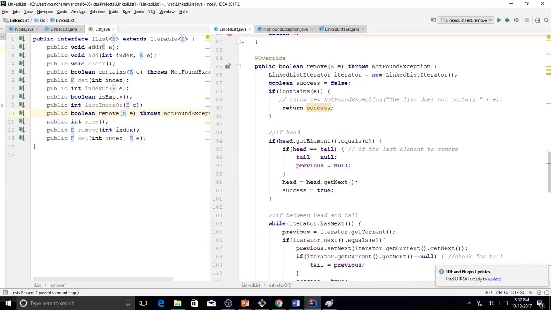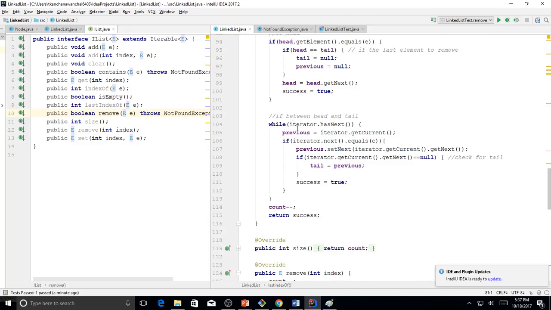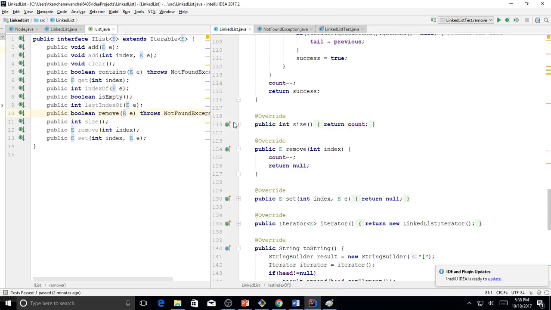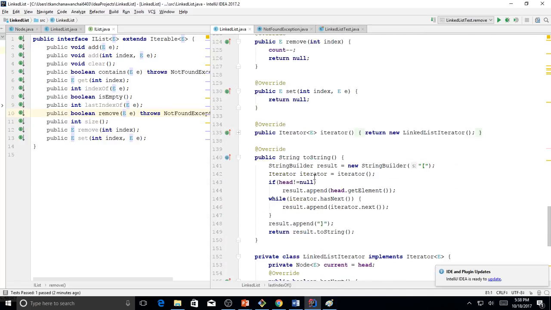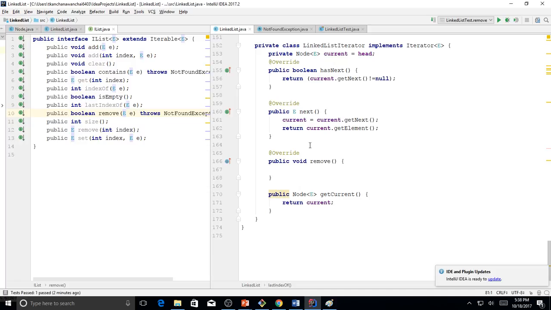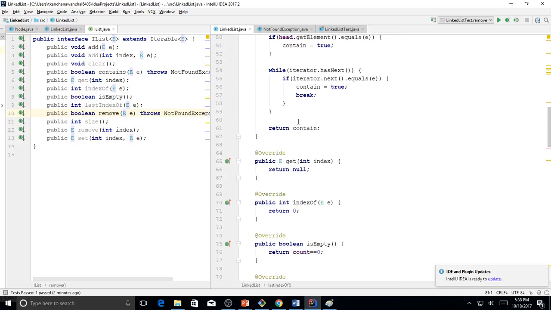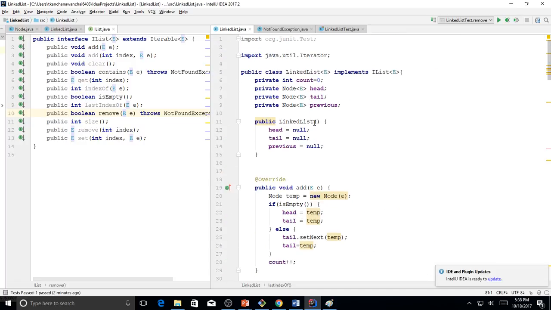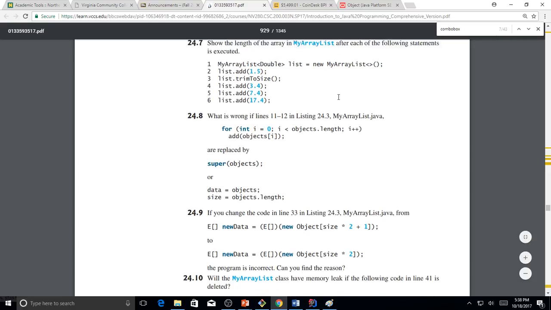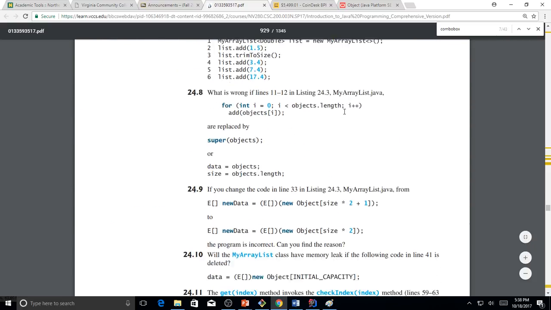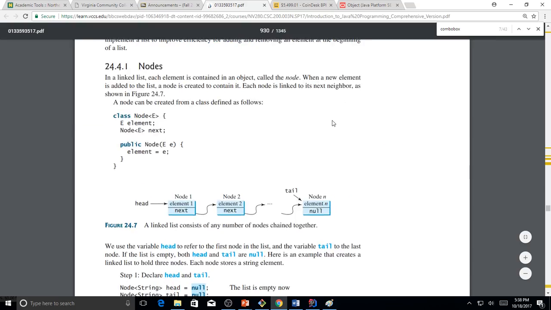Now the rest is pretty much just implementing index on linked list. We did size already. Remove the index. Set that index. We finished iterator. Right. Pretty much the last one is just how do you make the index for linked list. All right, so now think about that part, and I want you to also